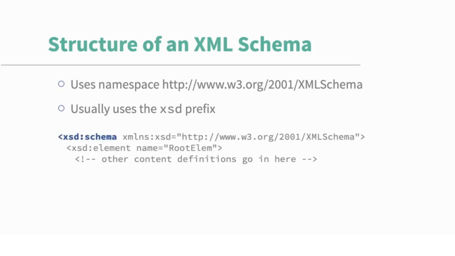A schema definition typically begins with the XSD schema tag, and you can see that I have that here. And then inside the schema tag, that's where I would put my element and attribute definitions. So for example, I could define an element using the element tag. And you can see here in this example, I've got an element I'm declaring named root_elem. And then I would put any other content inside my element that went along with that element. So for example, and we'll get more into this, so don't worry about it, I could put an attribute tag in there, and that would indicate that my element has an attribute with